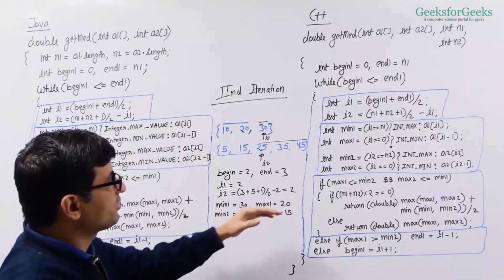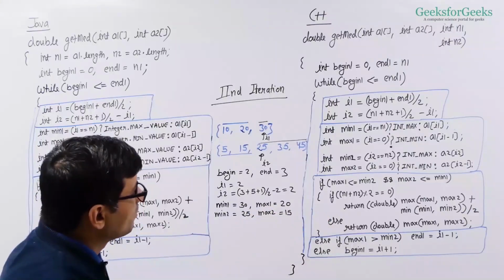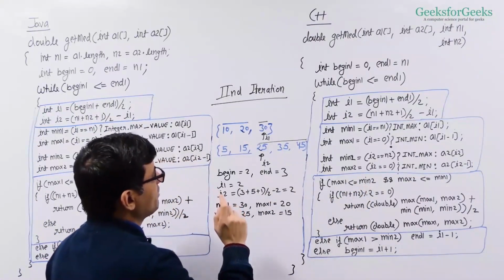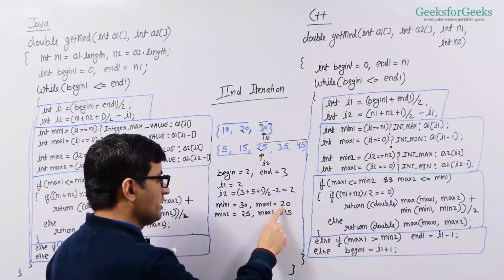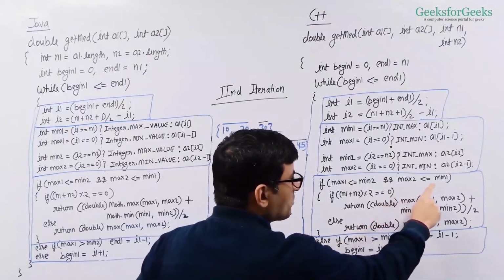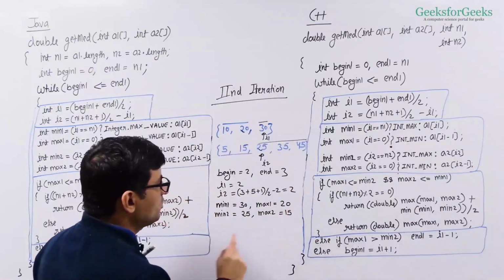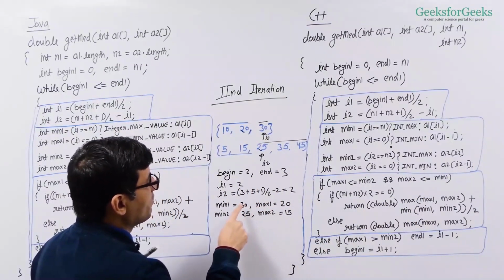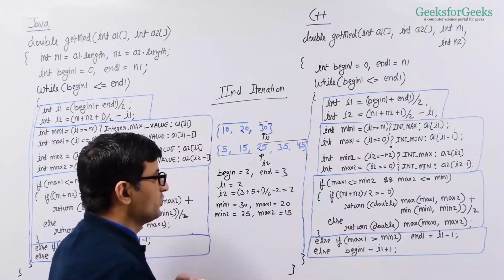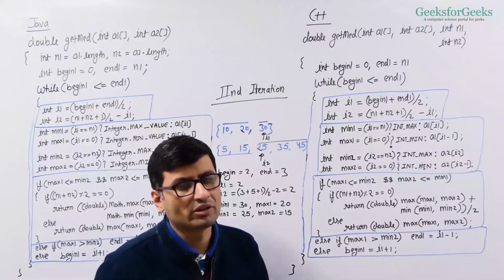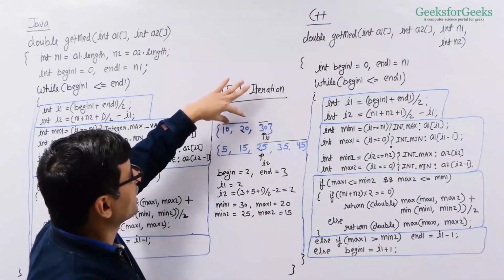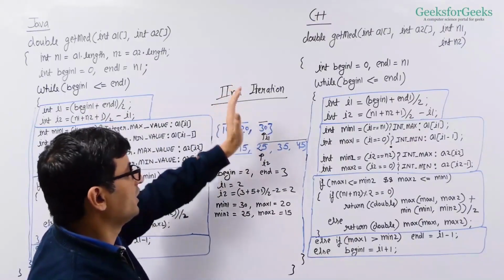And now we are again going to check for these conditions. So max1 is smaller than equal to min2. What is max1 here? Max1 is 20 and it's smaller than equal to min2. We are right here. Now max2 is smaller than min1. What is max2? Max2 is 15 and min1 is 30. So max2 is smaller than equal to min1. So we have reached the right point. And you can notice in this array, elements in the left half, they are all smaller than elements in the